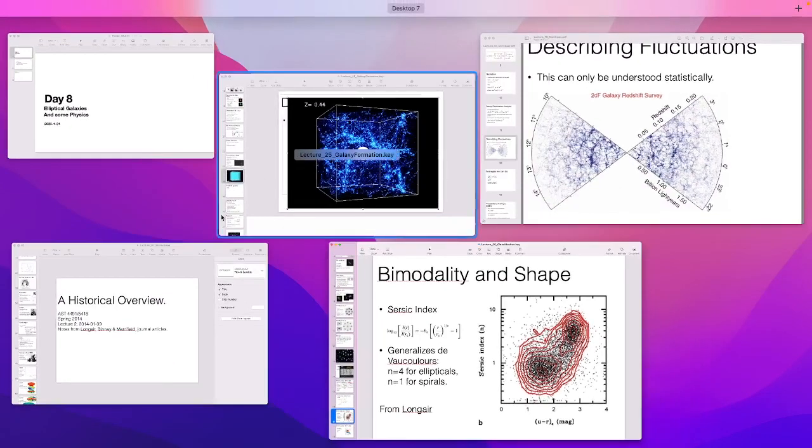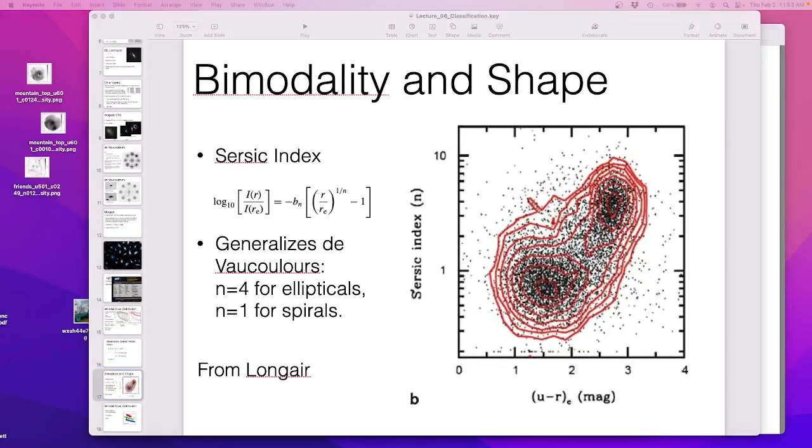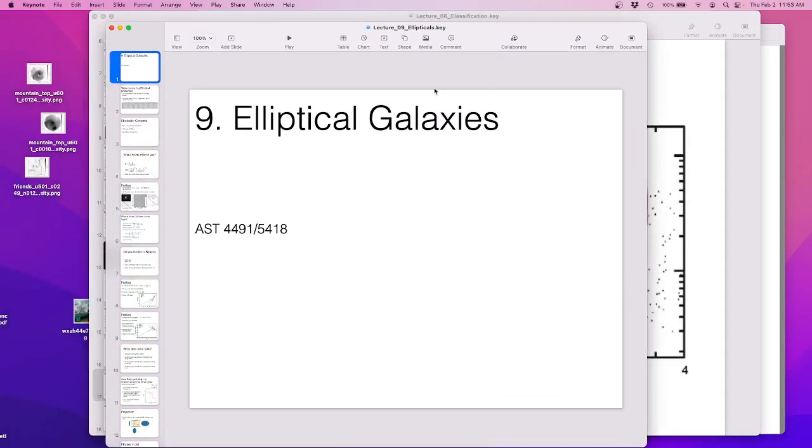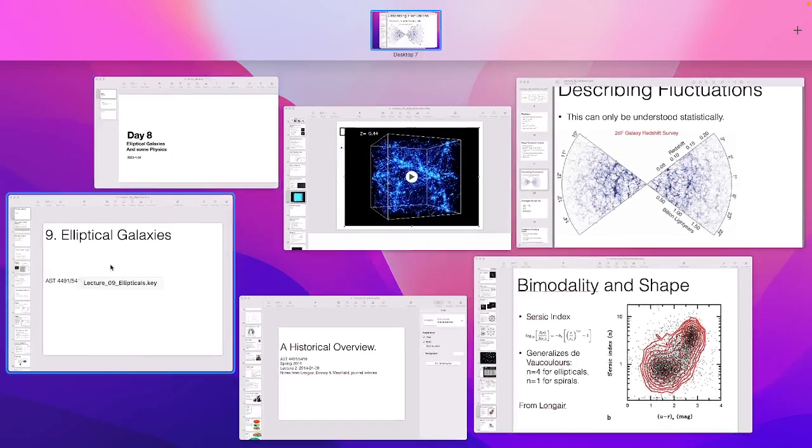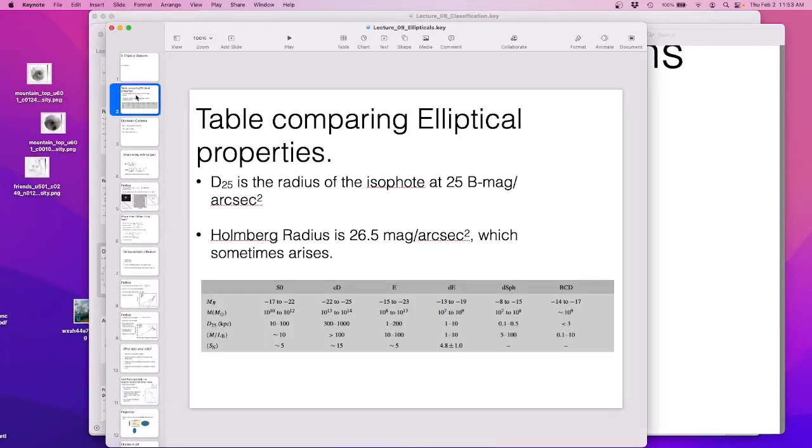Let's sprint through the elliptical slides. Where did I open them all up? Yeah, here you go. Okay. So come on, where'd you go? Okay, so there are a number of kinds of elliptical galaxies,